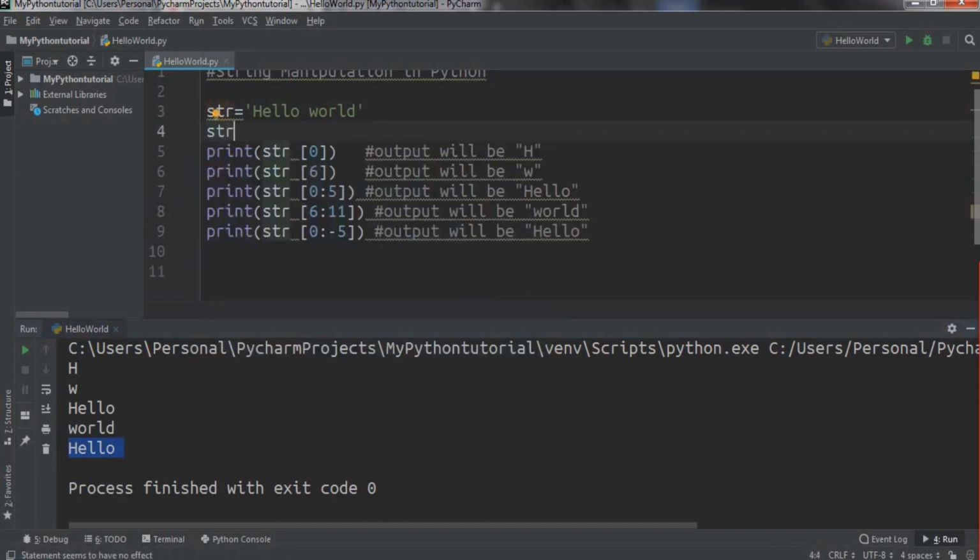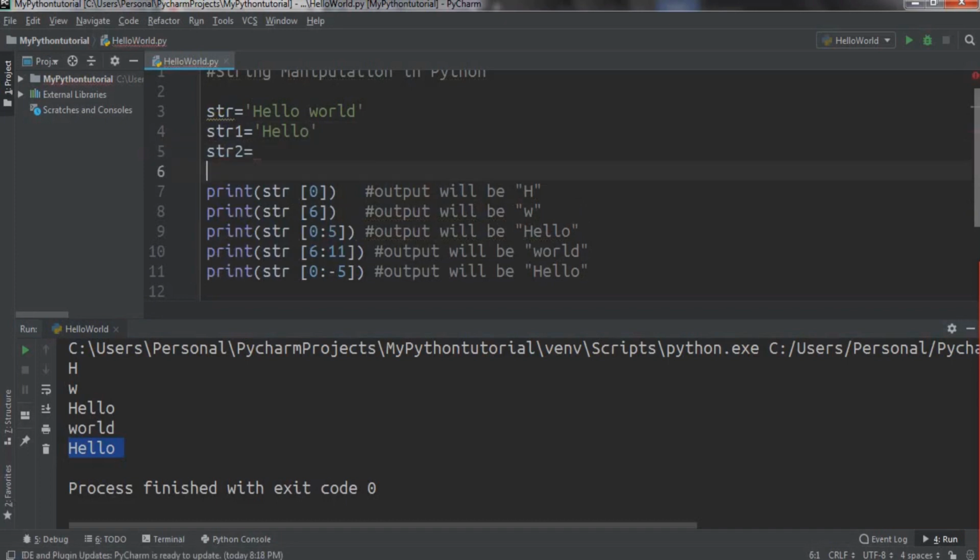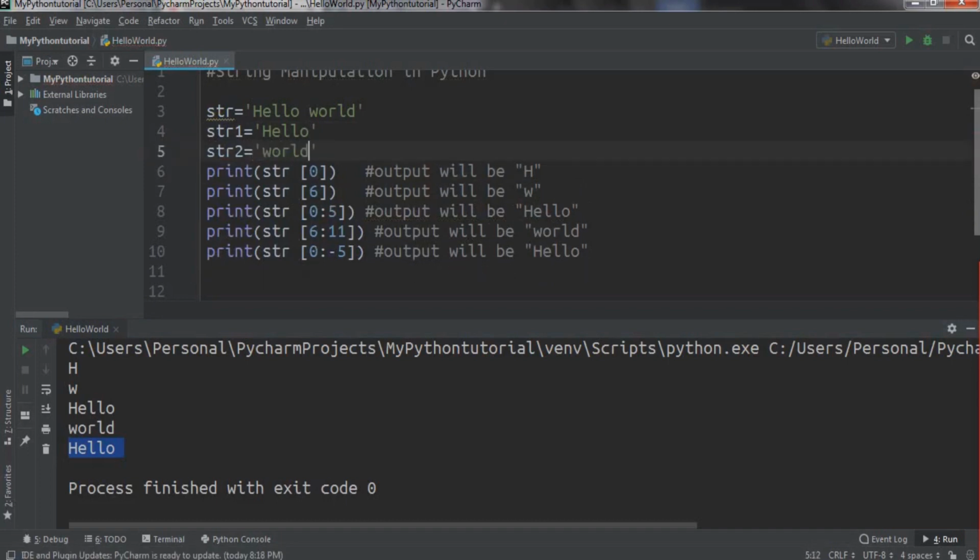Joining two or more strings into a single one is called concatenation. Python uses the addition operator for joining one or more strings. For example,